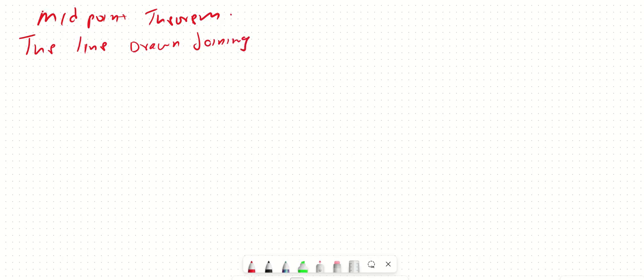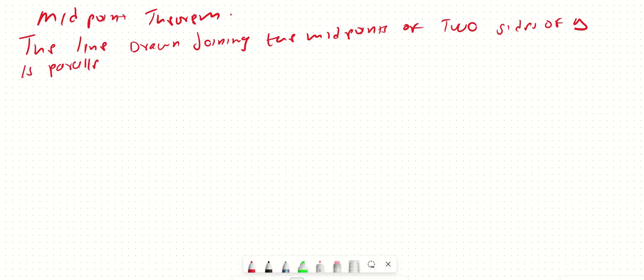Okay, I want us to prove the midpoint theorem, that states that the line drawn joining the midpoints of two sides of the triangle is parallel to one side